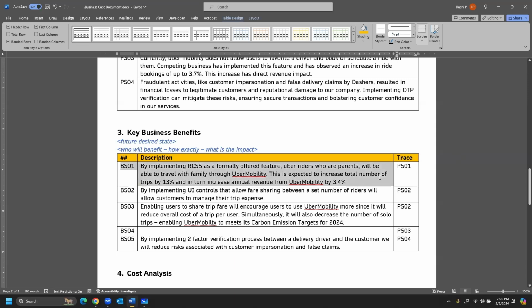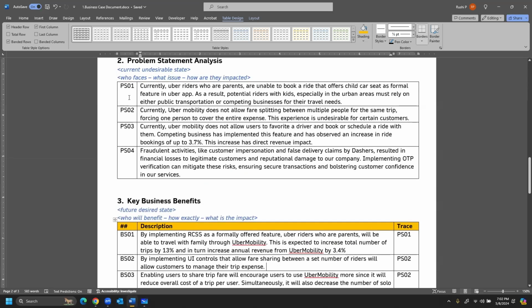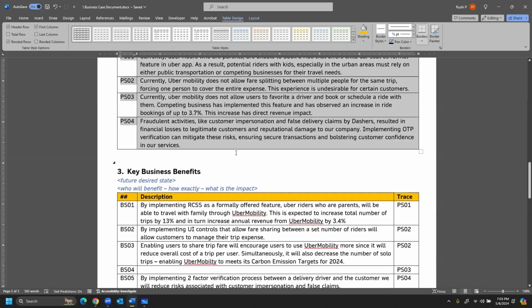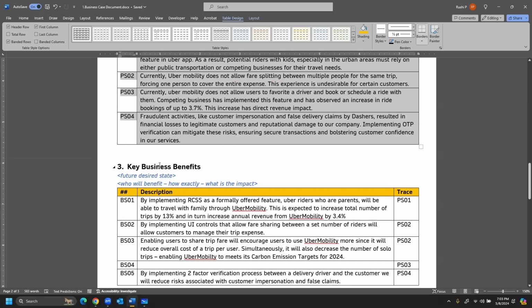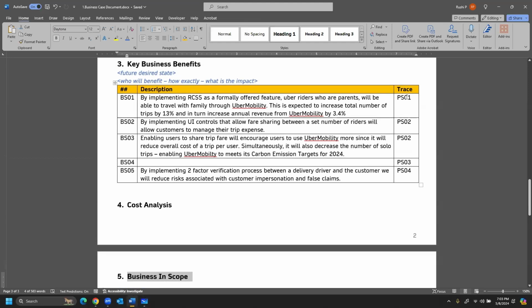Where did this particular benefit come from? It originated from problem statement number 1. Where did this problem statement come from? That was given to us by our stakeholders or whoever, or whatever research led to us formulating these problem statements. So problem statements will be the start of tracing. And for every artifact that we do, the key business benefits, the business in scope, we are going to ensure that we mention the trace where this